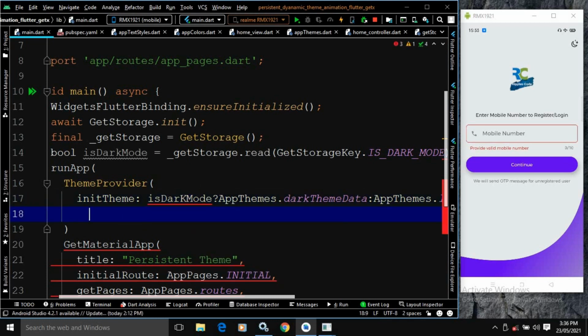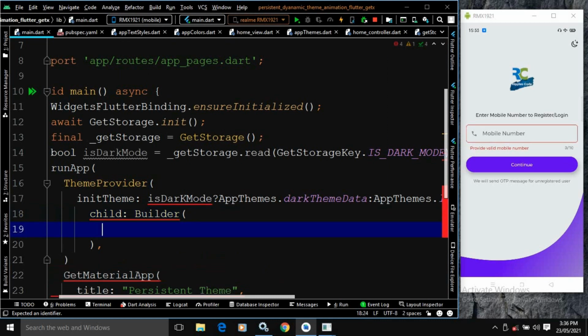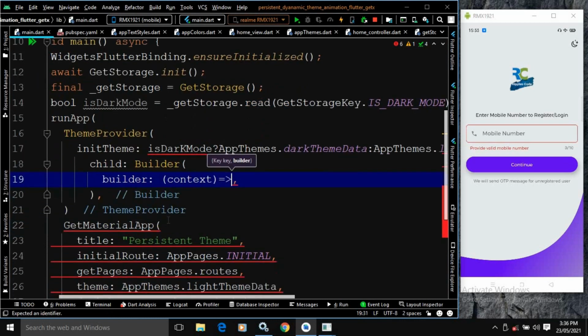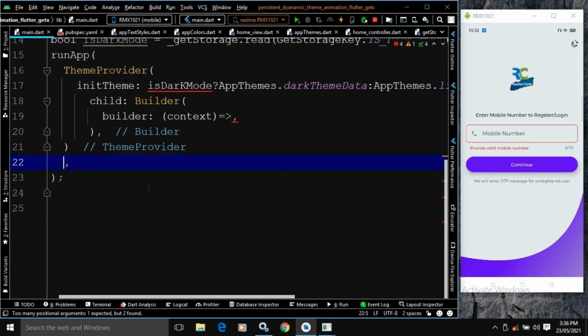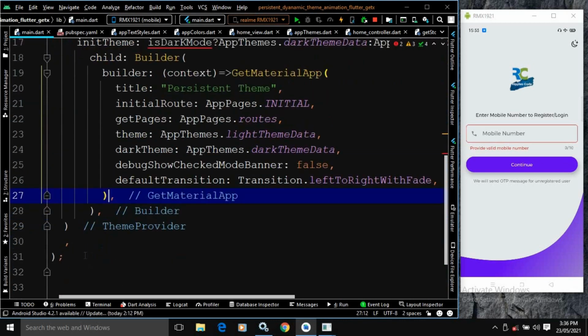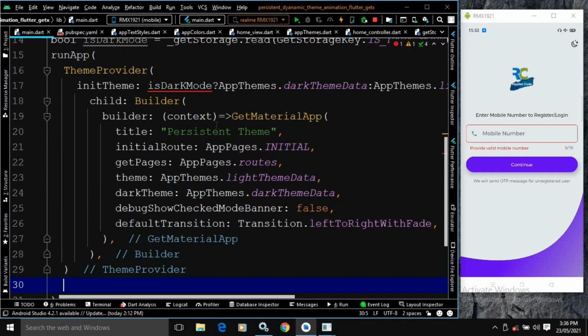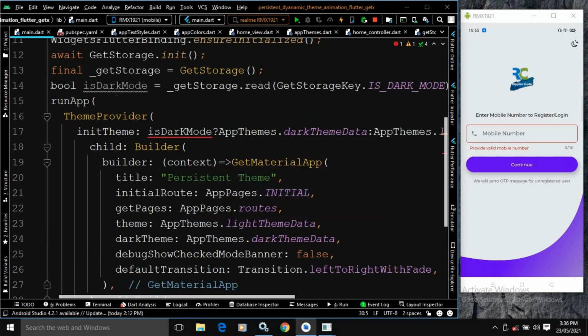Now here in the ThemeProvider, in the child, I will use builder, and in the builder I will pass context. Okay, now in the context I will return this GetMaterialApp. So let me simply cut it from here and I will paste it here. Okay, now there is no need of this comma. Okay, isDarkMode. Okay, now